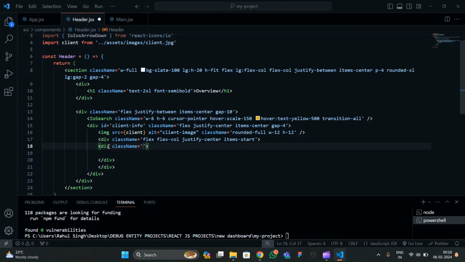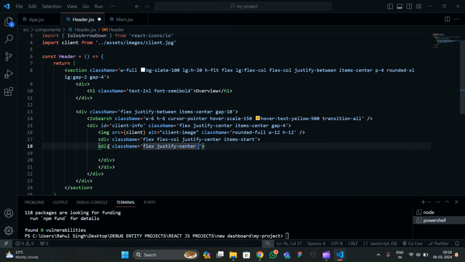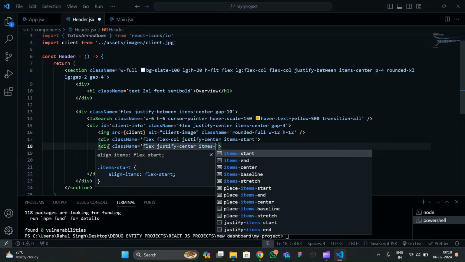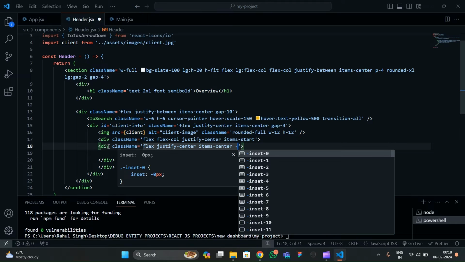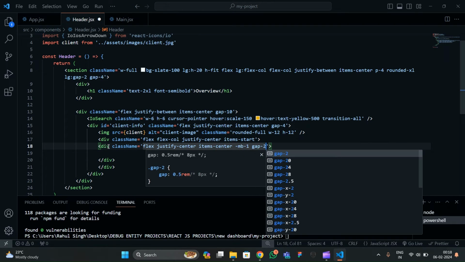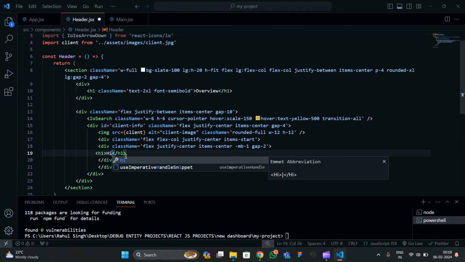Class name flex, justify center, items center again, and mb-1, gap of 2, and inside this div you have to write an h1 tag, and in the h1 let's write Hijack,